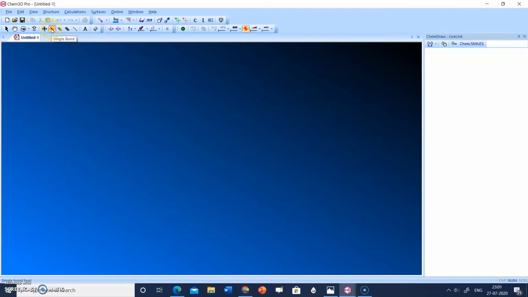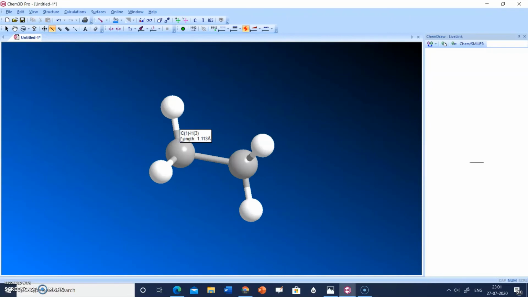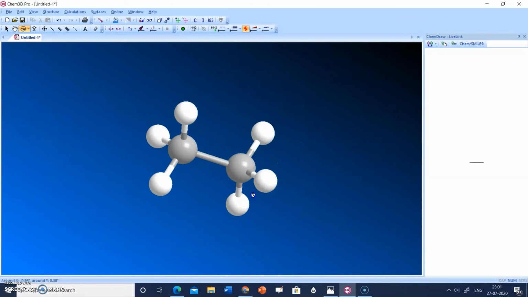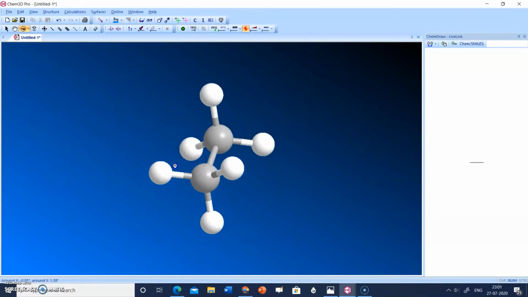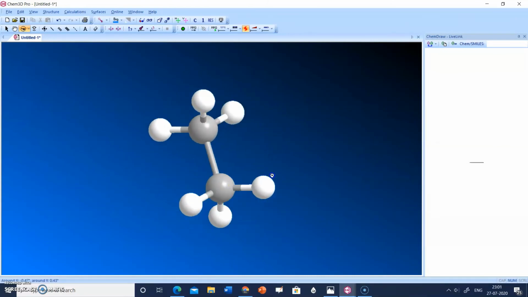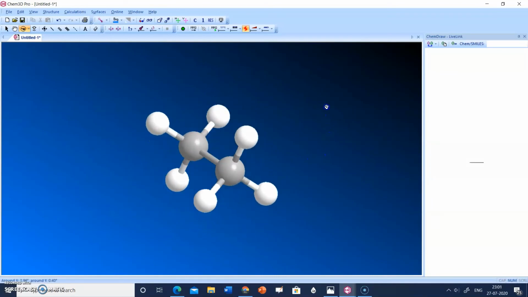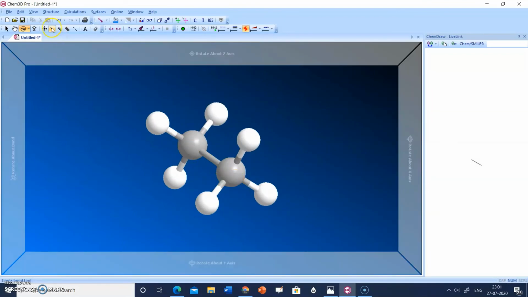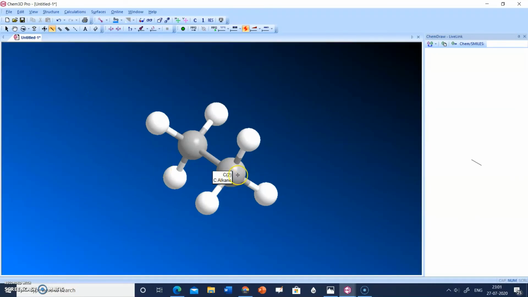So click on this single bond and click and drag. When you click and drag, see, ethane molecule is formed. If you click on this rotate tool and rotate the molecule, you can rotate this molecule in any direction to see the 3D model of the structure, right? And if you want to extend this carbon chain, just again go to single bond or double bond or triple bond, whatever bond you want to add, and click on the atom and click and drag.